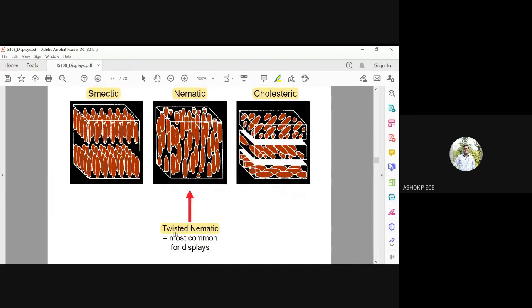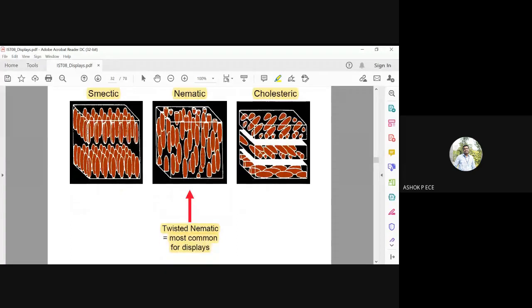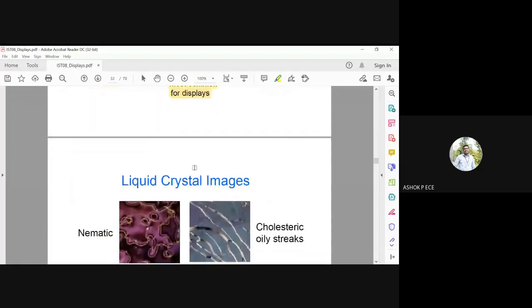So this one is going to be the most commonly used mechanism for displays. So even though the three phases are available, the nematic phase I'm going to use predominantly for the applications in displays wherever display devices are required. So I'm going to use the nematic phase of the liquid crystal display.